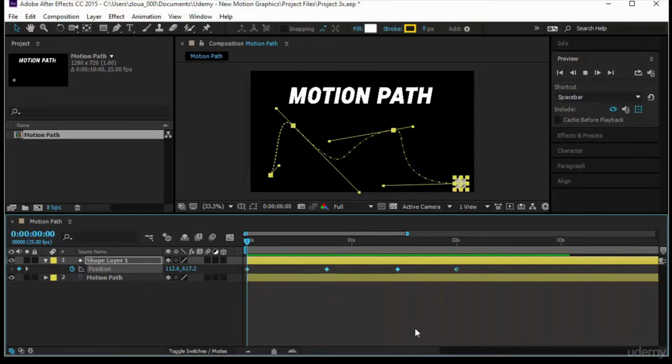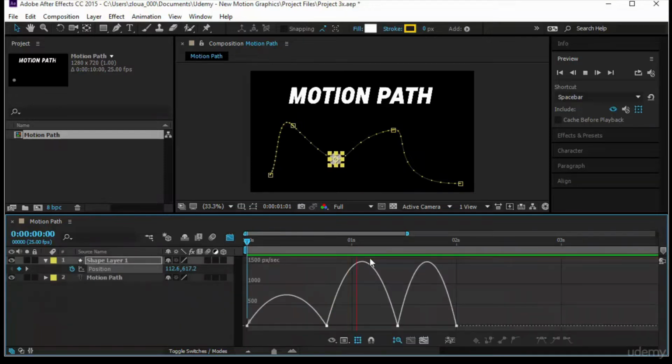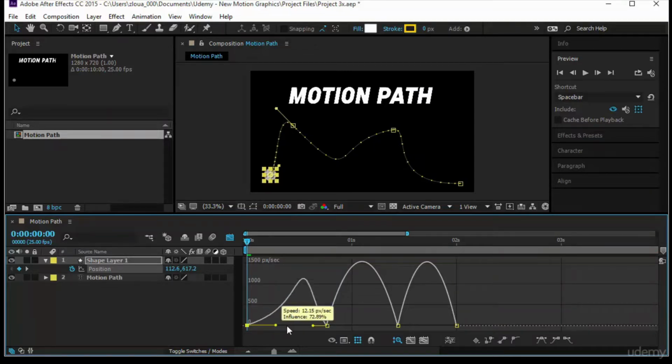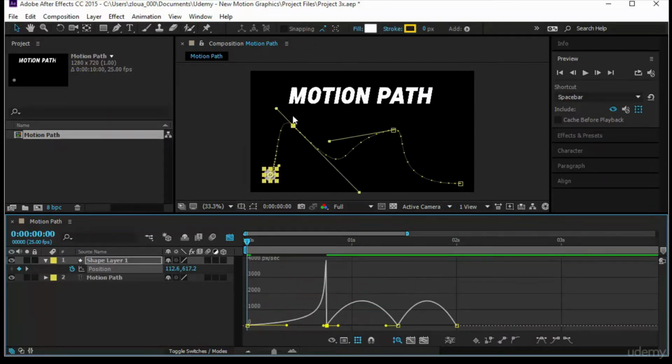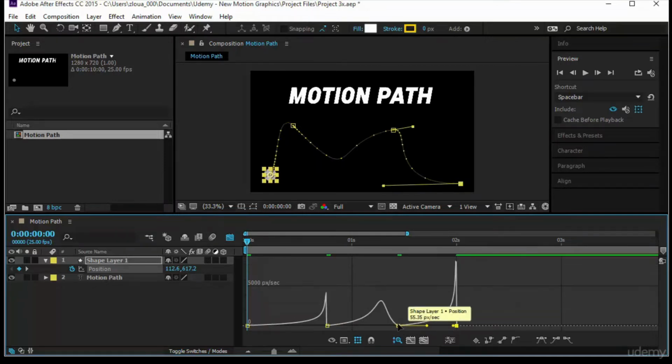I will select them all, press F9 and make them all easy eased. I will come to the graph and decide exactly how I want the movement to go. Let's say in the beginning here we wanted to start slow, pretty slow. It will go in pretty fast. Then here it will just move slowly on the curve and speed up to the next point, and at the next point here it will really go pretty fast to exit. Here you are. Now if I play it,